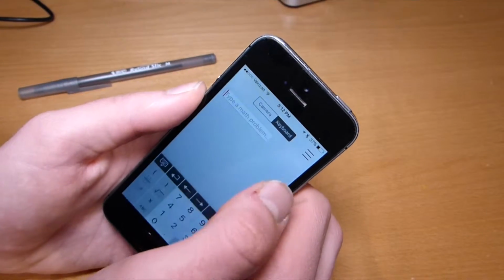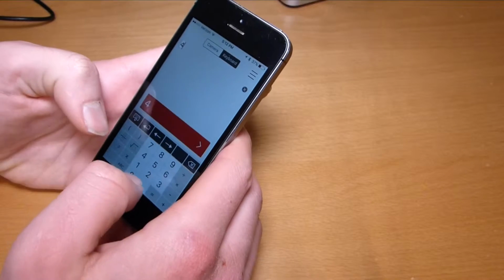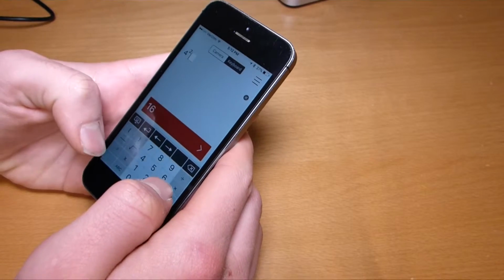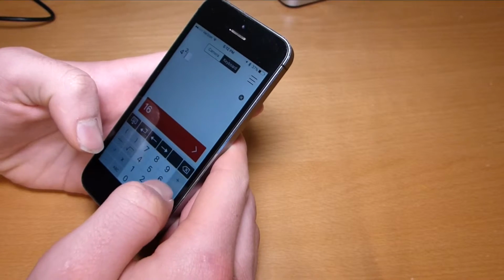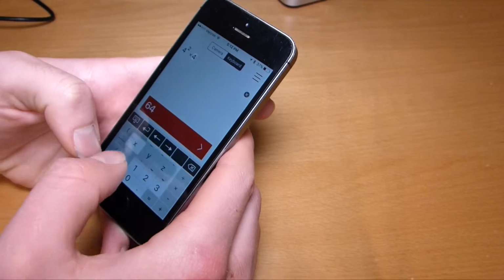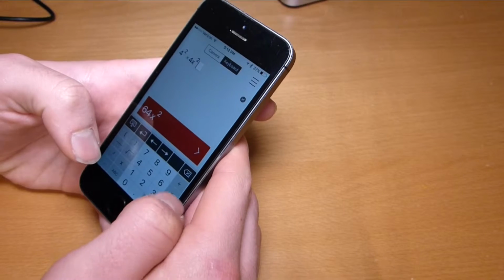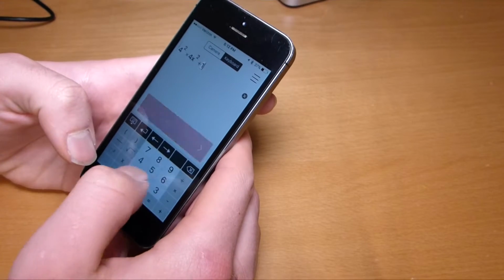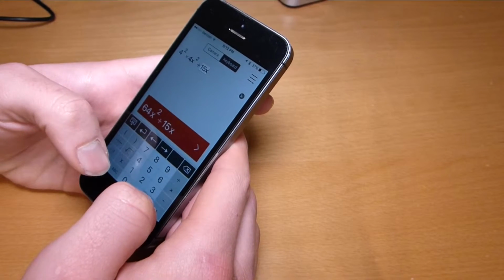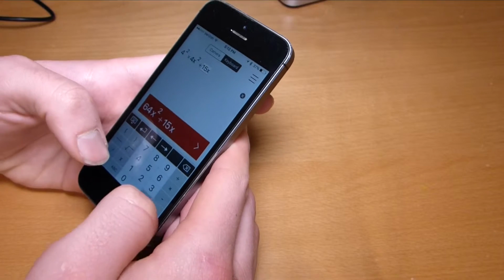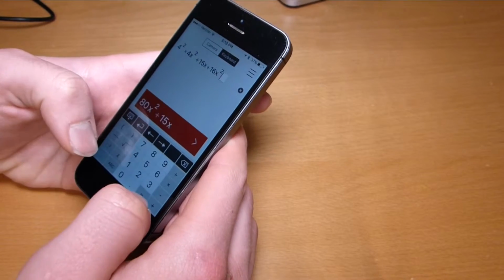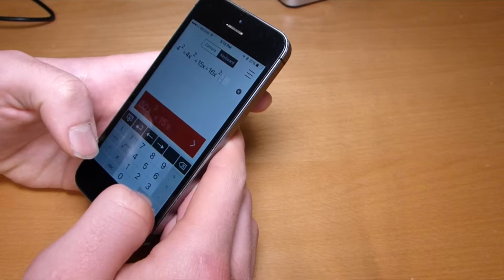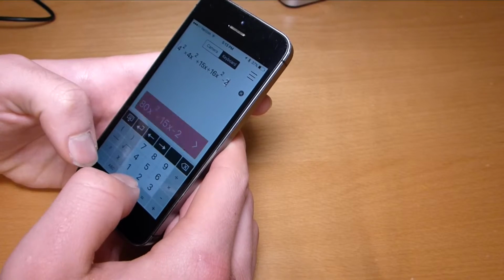It'll shorten down how you get the answer, like 4 times 4x squared plus 15x plus 16x squared minus 2